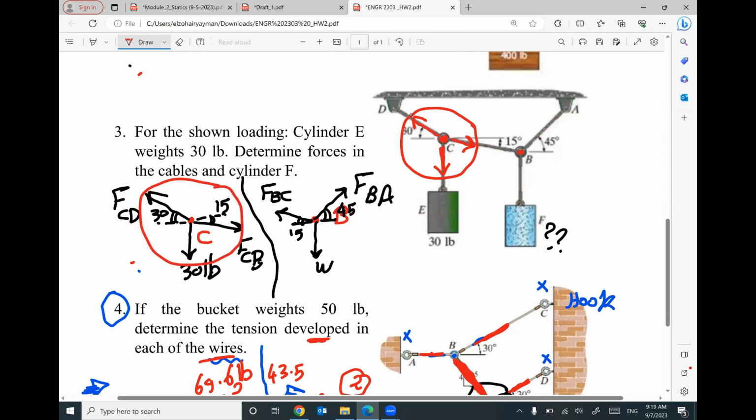At B, we have this force, we have this force, we have this weight, which is unknown. Exactly. Then I will start with each point alone. Point B or point C. Which one I'm gonna start with? My rule is I will start with the least number